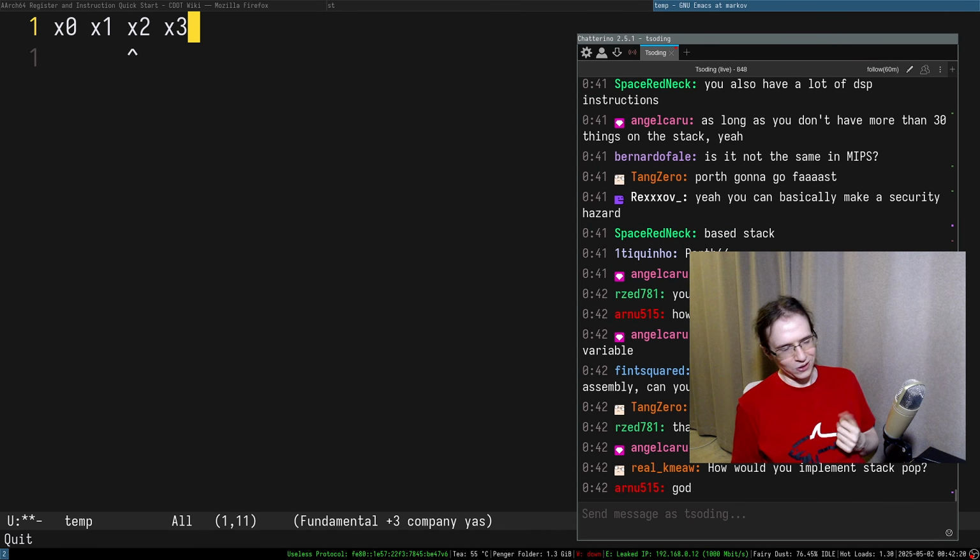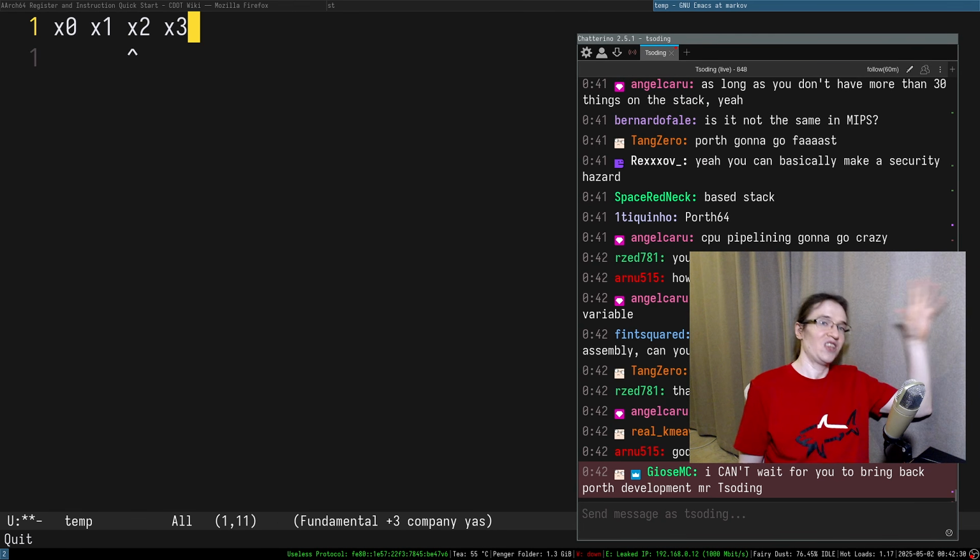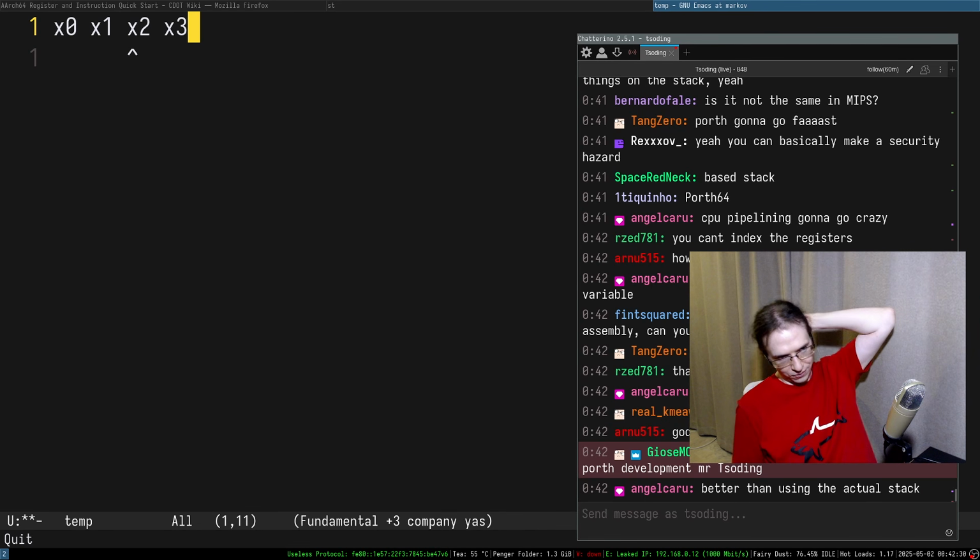So I can do that. I didn't see any problems with that. This is actually kind of cool. And this is something that I did with the Beam virtual machine, because Beam virtual machine has thousands of general purpose instructions.